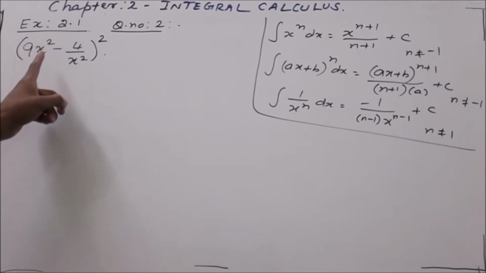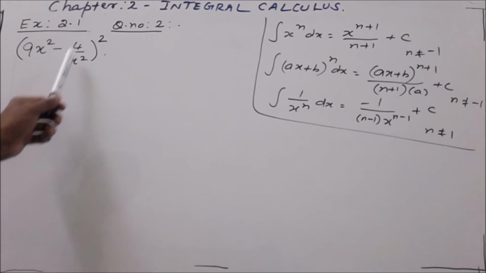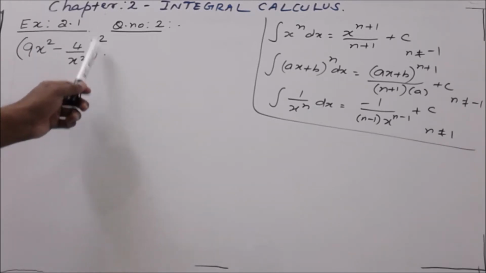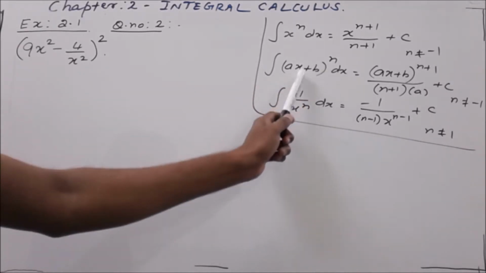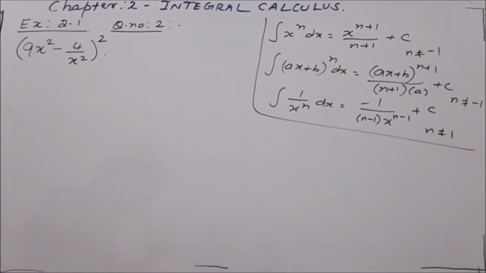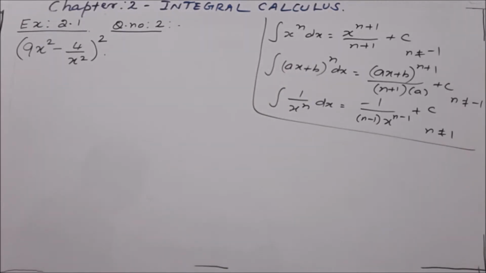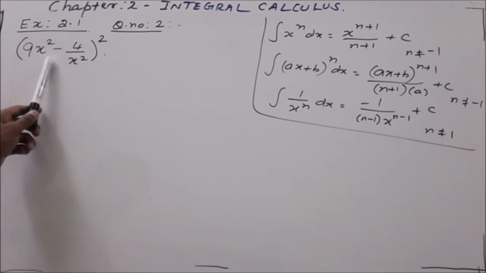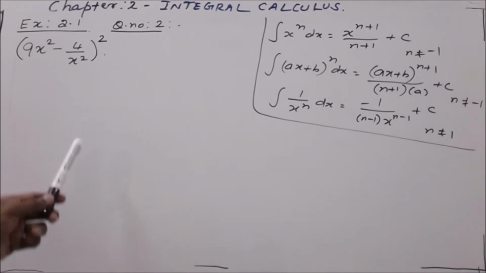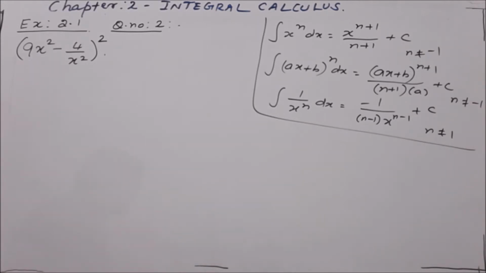Now the second question is given as (9x square minus 4 by x square) whole square. We cannot directly integrate this because we have a square on the whole, and within the power we should have a linear power. If we have a linear power, we can directly go to the second formula, but here the powers are not linear, so you should expand it by (a minus b) whole square, then split into different functions, then we can integrate. For that,